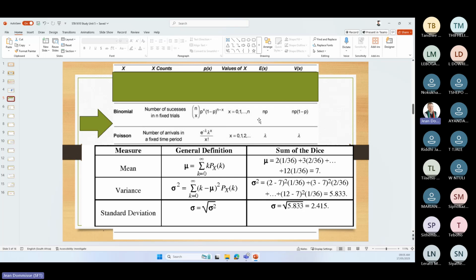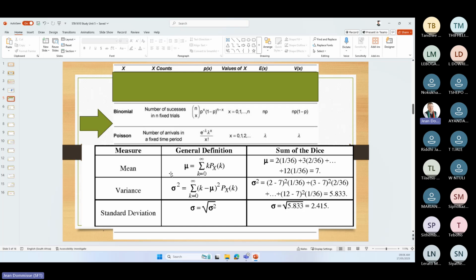Then if you look at how to work out the expected value and the variance for binomial and Poisson, it's actually very easy. In your binomial, it will be the pi, which I'll show you later on in a question, times n, which is your sample size, to get the expected value. In your Poisson, your lambda is going to be your expected value and your variance. So that is nearly it for binomial and Poisson.